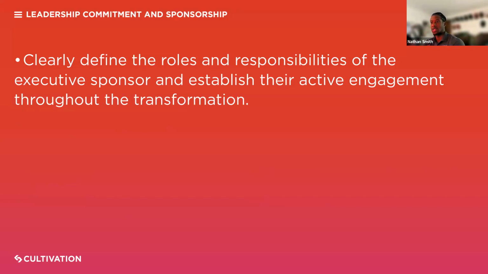This isn't something that you would do just right at the beginning, but this will be happening throughout the transformation process as well. Essentially, the executive sponsor is going to be a senior level leader, and they'll be in charge of championing and supporting the whole entire process from beginning to end.